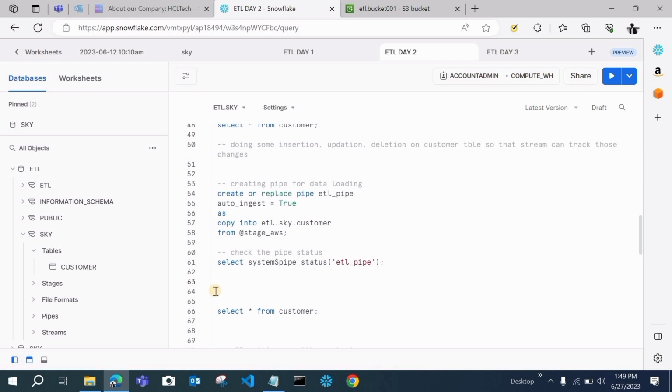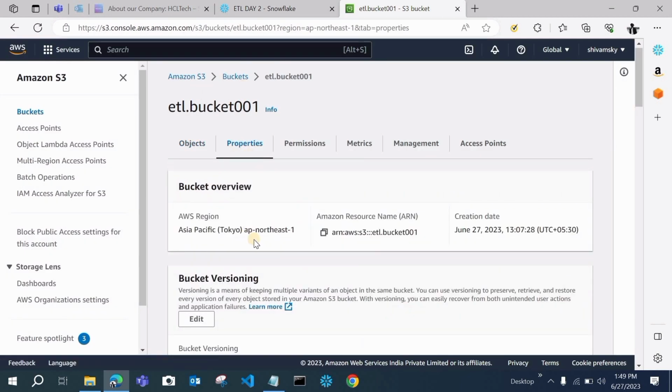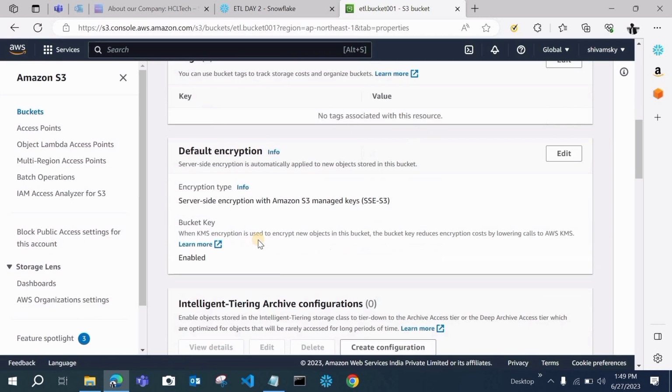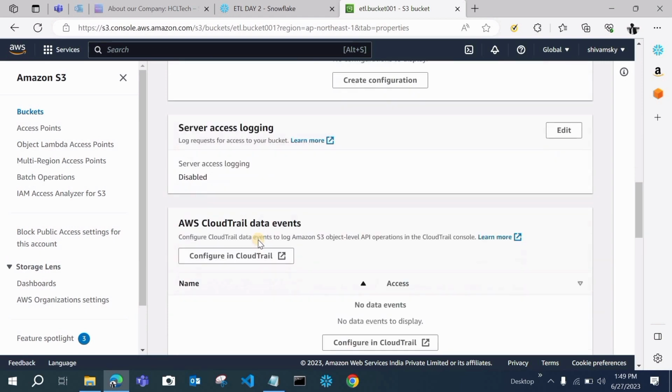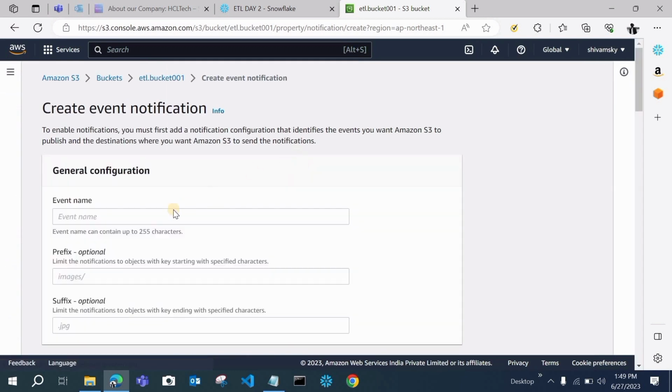Let's see how we can create the event notification. For that, move to the properties of your bucket, scroll down, and you will see the option to create event notification. I have already created one event notification. If you want to create a new one, click on Create event notification, and you can give any name. Let me give ETL event